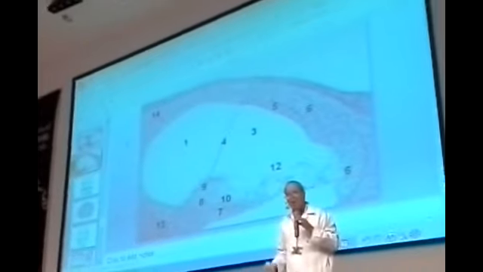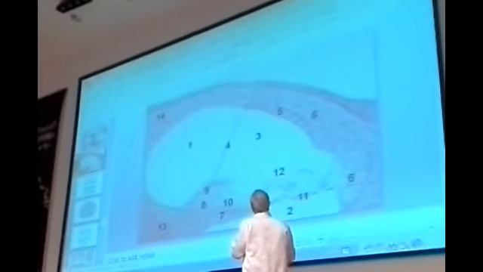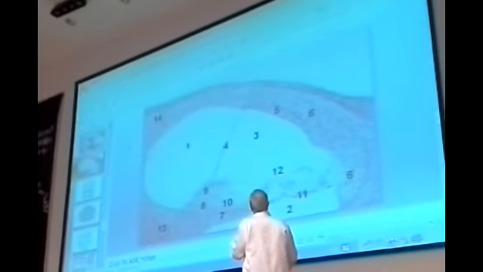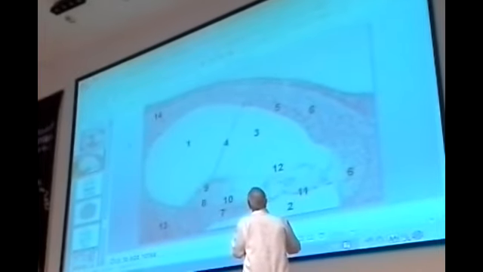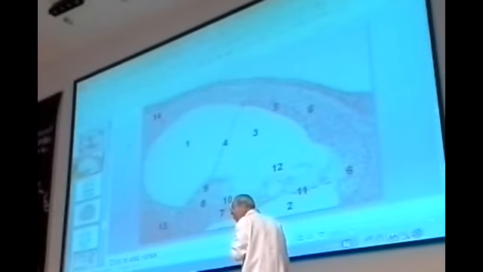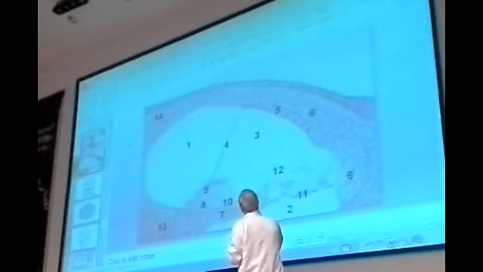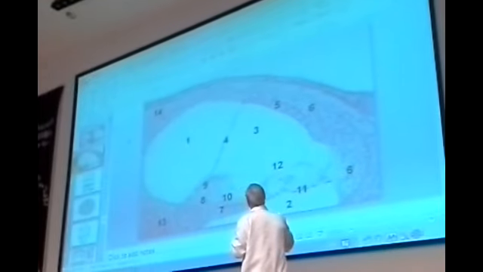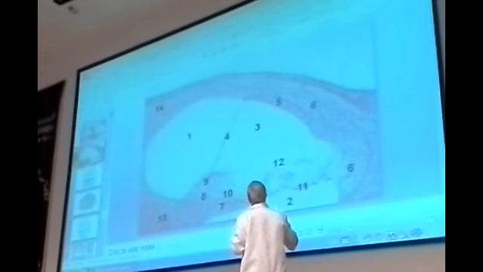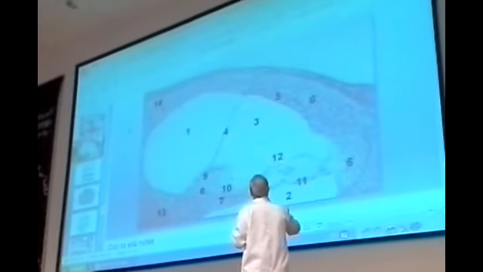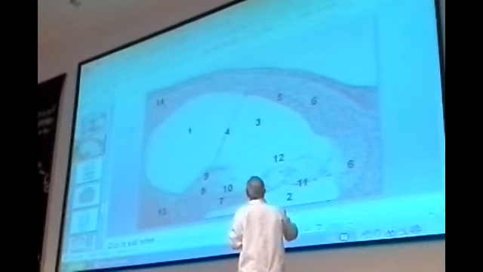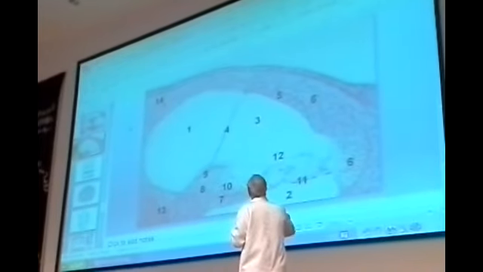At the apex of the cochlea, the scala vestibuli and the scala tympani are connected by a narrow opening. What do you call this narrow opening? Helicotrema. The scala vestibuli and the scala tympani contain perilymph, while the cochlear duct or the scala media contains